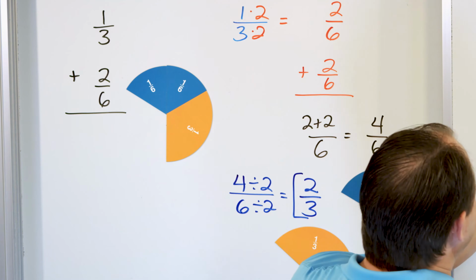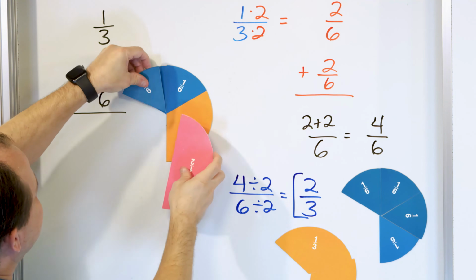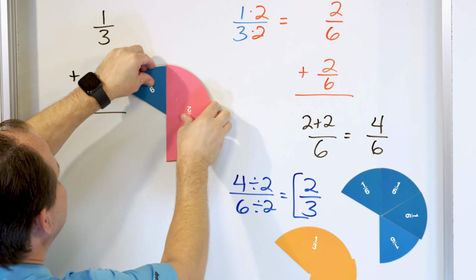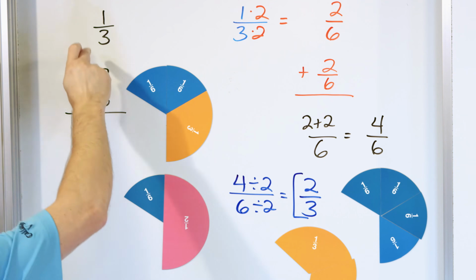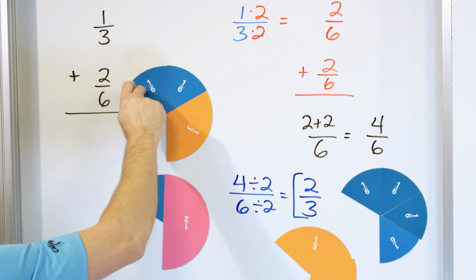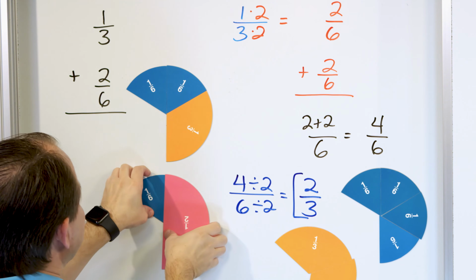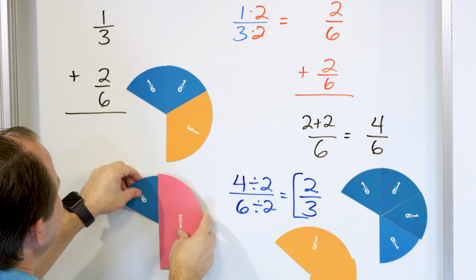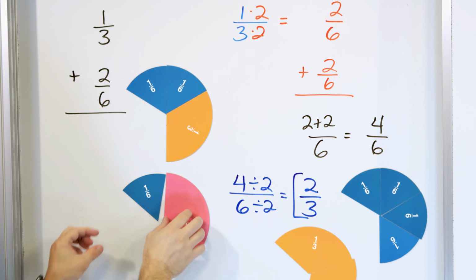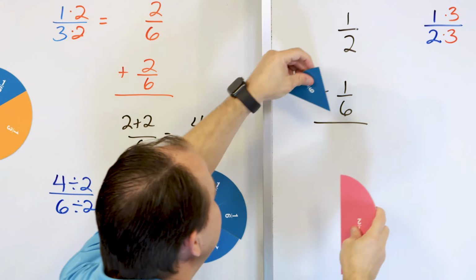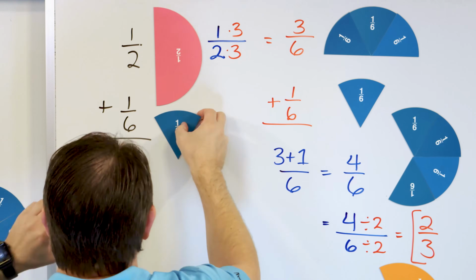Let me pick this up and bring it over here and show you that this is exactly the same amount of material. So it doesn't look obvious at first, but when you have 1/3 of a pizza plus 2/6 of a pizza, it actually ends up being exactly the same as taking 1/2 of a pizza plus 1/6 of a pizza. So when you use the models, you can see visually that the fractions, once you add them together, should give you the same answer,